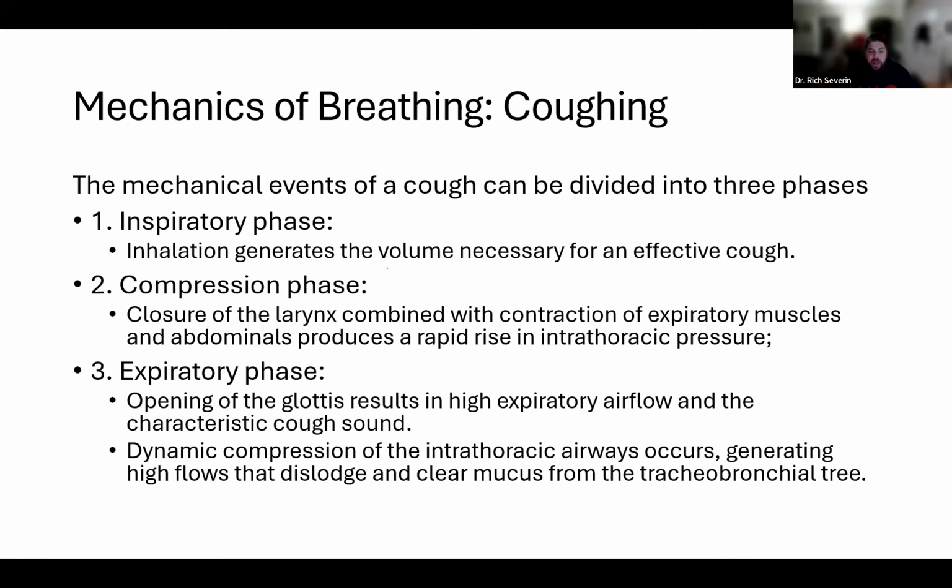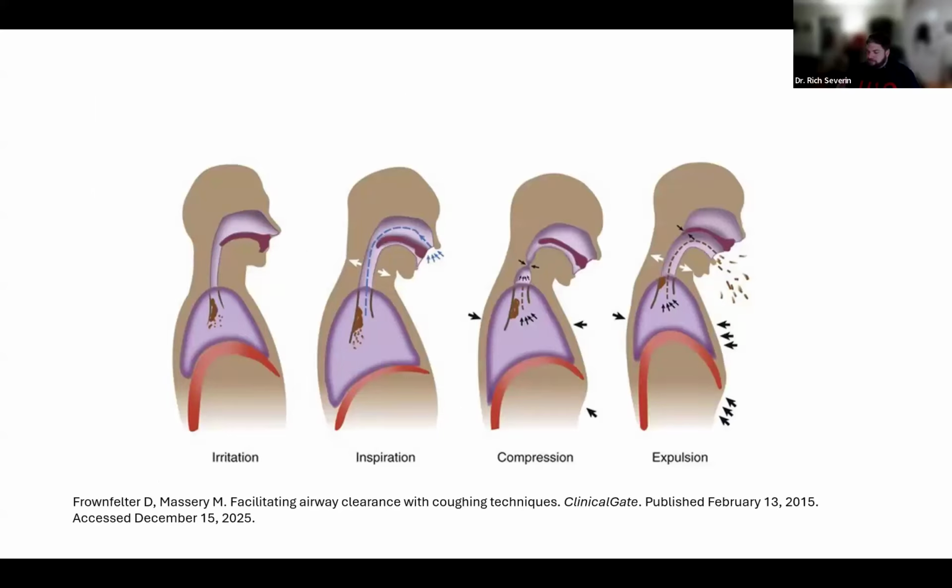Looking at this graphic here, we've got that initial volume in inspiration, then compression. We fill the lungs, then we start to squeeze down and build pressure. With a closed glottis, that's the critical thing: the glottis has to be closed, keeping that seal as we pressurize that volume. And when the glottis opens, this high pressure can shoot out whatever was lodged in the airway. So again,